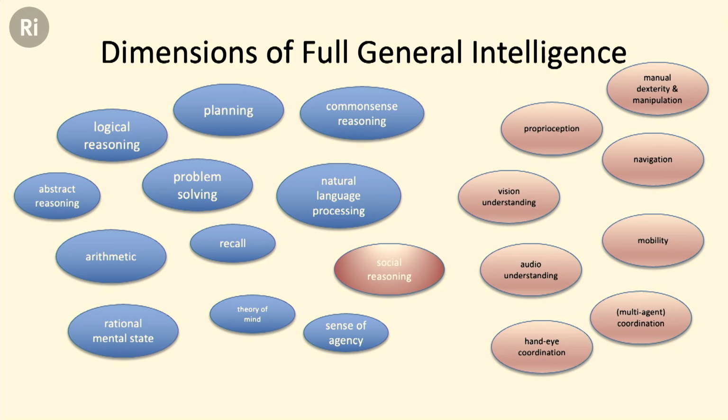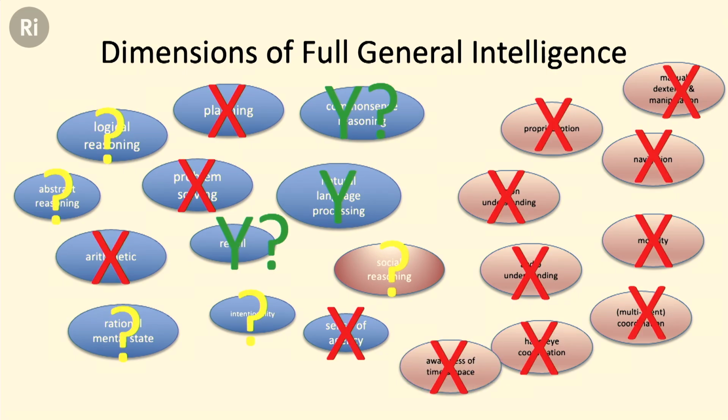So what is the state of the art now? It looks something like this. The red cross means no, we don't have it. In large language models, we're not there. There are fundamental problems. The question marks are, well, maybe we might have a bit of it, but we don't have the whole answer. And the green ticks are, yes, I think we're there.